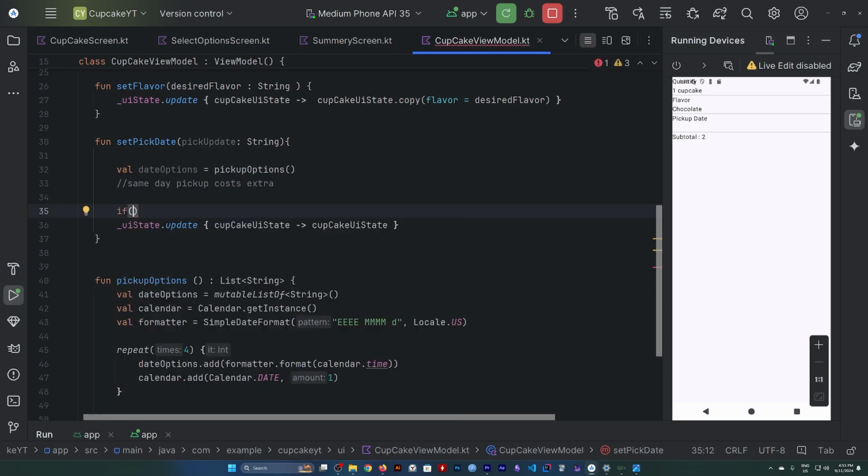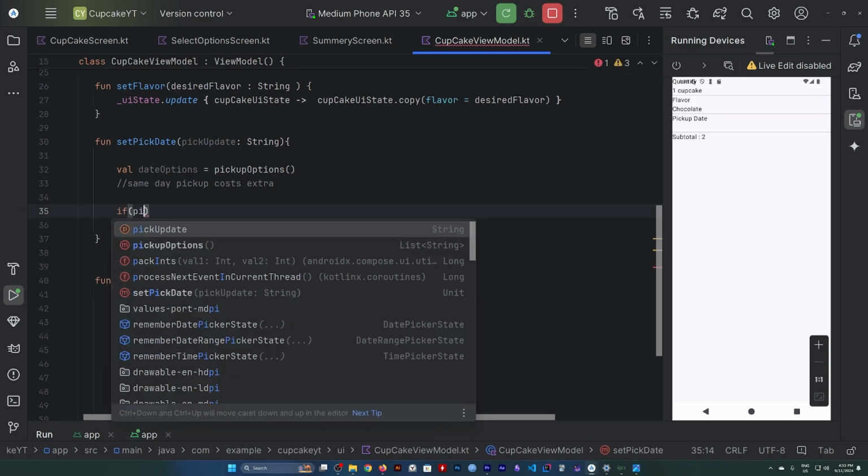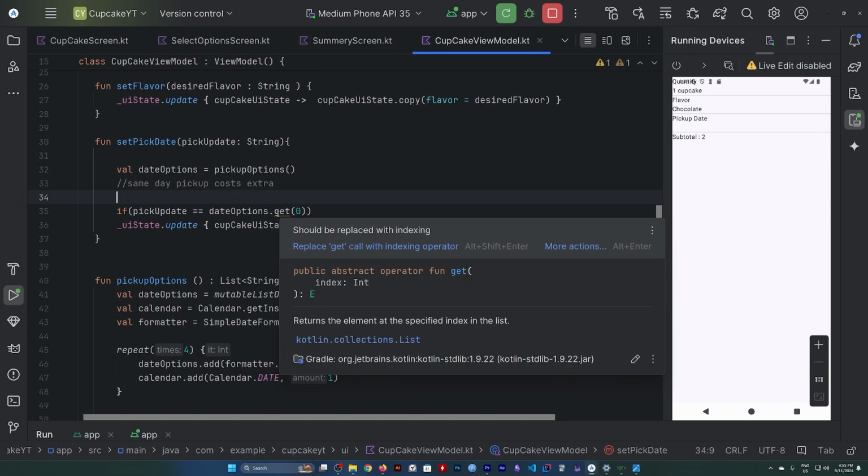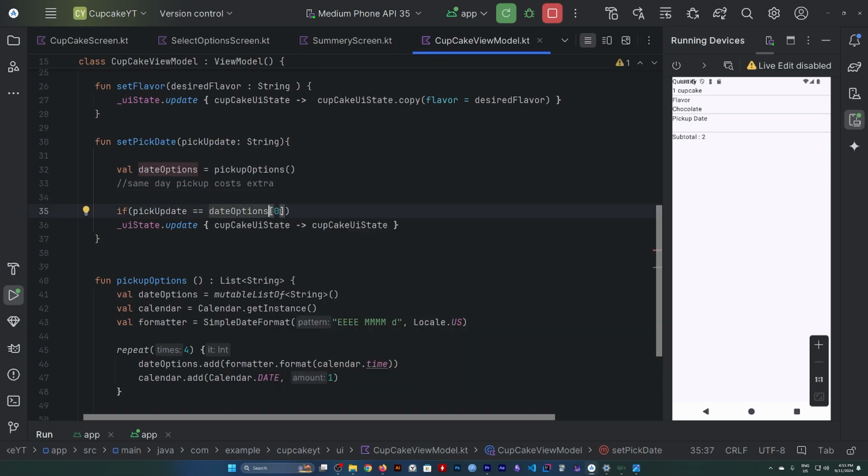If pick update is equal to date options dot get the index. What index? 0 index. So the first one. Then